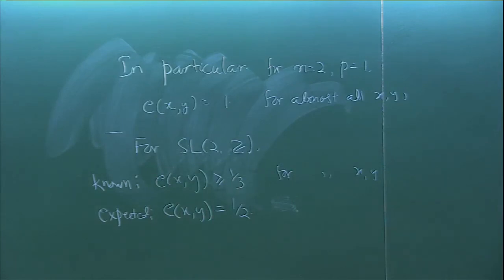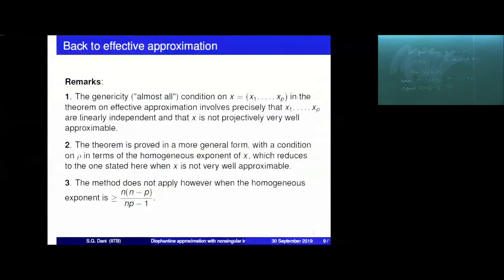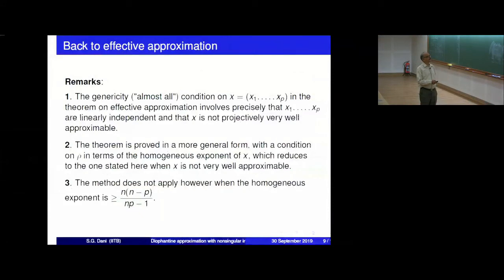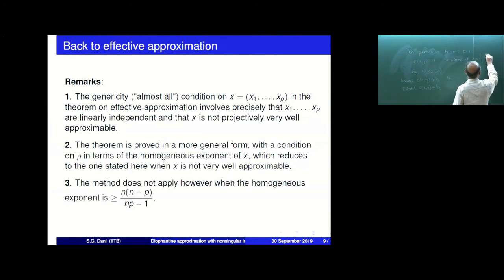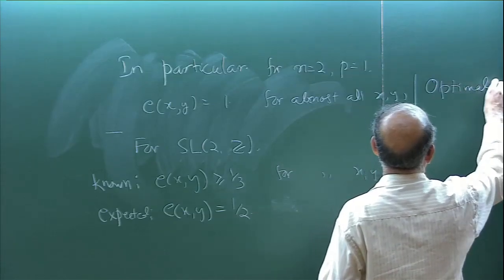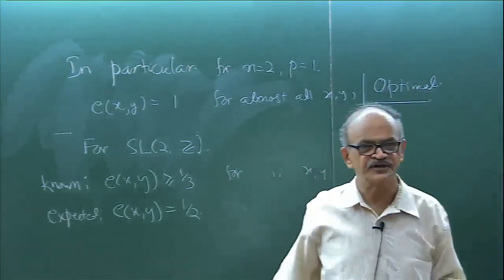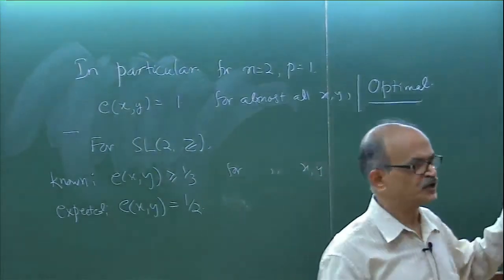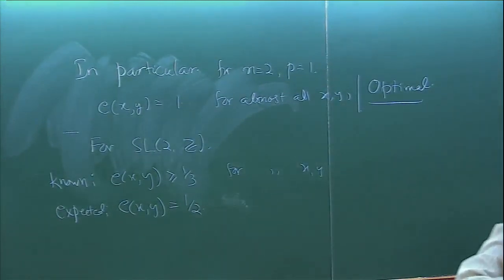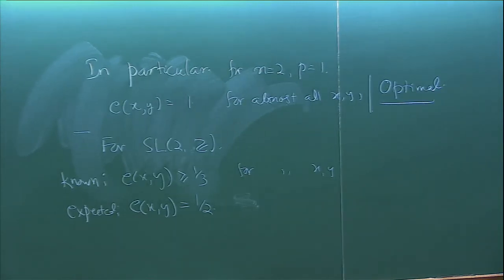On the other hand, in the case of this gamma, we know that the exponent is 1, as I said, and this is optimal. The exponent is not expected to be bigger than that; we actually prove that the exponent cannot exceed that. So in this case, we get a complete result as far as exponents are concerned.